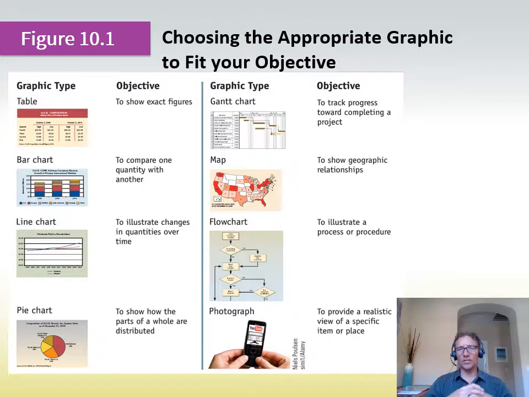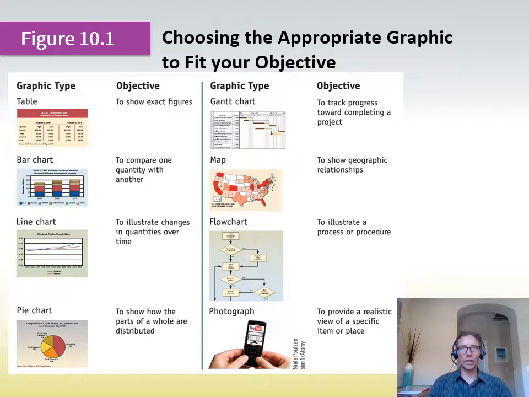When my sons did their Eagle projects, they had to put together these Gantt charts that showed here's how much time it's going to take to source the materials and do the fundraising, and here's how much work we're going to do on the first day, and it was all laid out in a Gantt chart. You probably won't have a use for Gantt charts in your analytical report because you're not really presenting any information